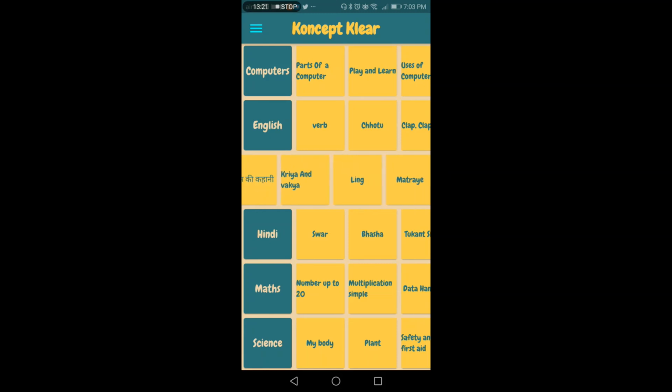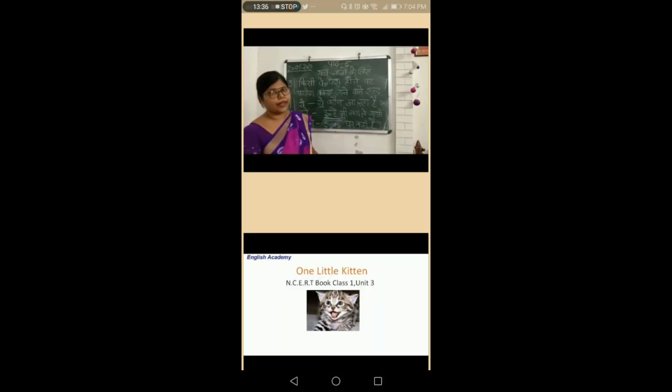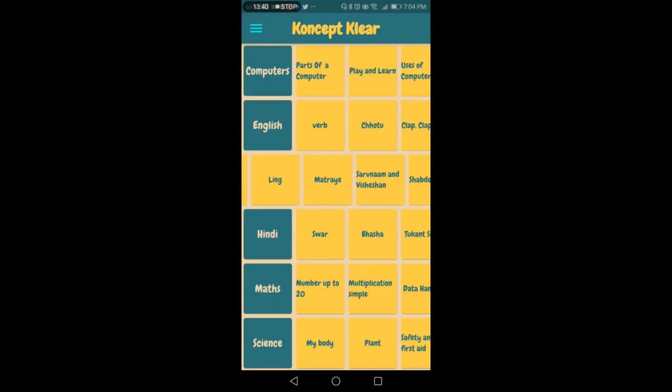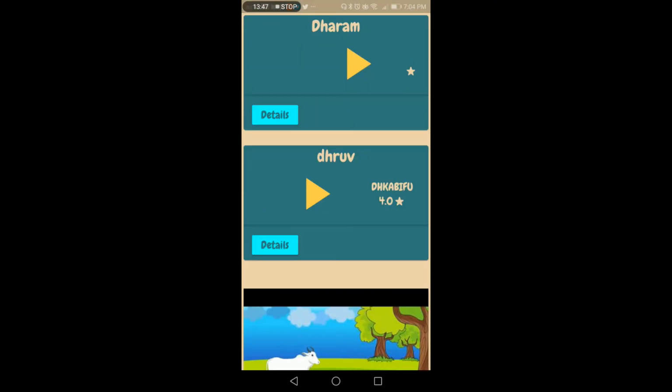So just for testing purposes, I created some test tuitions in this. The chapter name is Bhasha. So the profile will appear like this.